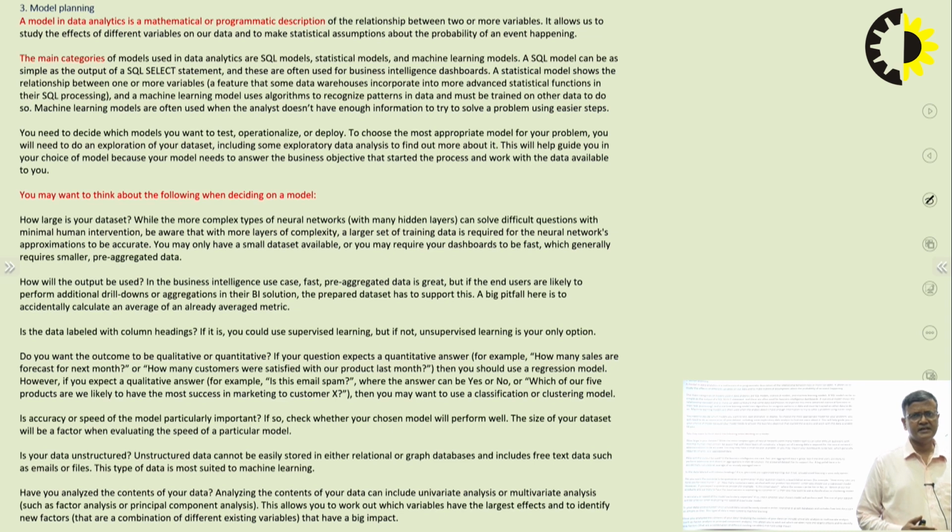There is no hindrance to that. All that we are saying is that your unstructured data is most suited to machine learning. You can use your structured data as well, but when it comes to suitability, you will find that mostly your unstructured data is suitable for machine learning.